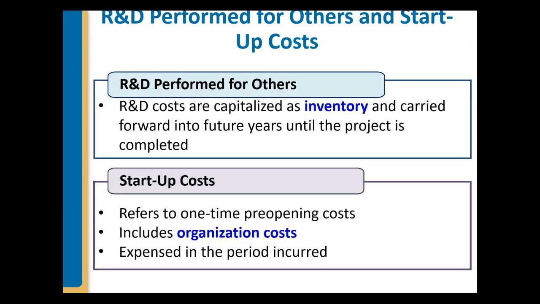Research and development performed for others. Now, the principle requiring the immediate expensing of R&D doesn't apply to companies that perform R&D for other companies under contract. In those situations, the R&D are capitalized as inventory and carried forward into future years until the project is completed. Justification is that the benefits of these expenses are the contract revenues that will eventually be recognized. Income from these contracts can be recognized over time or at a point in time depending on the specifics of